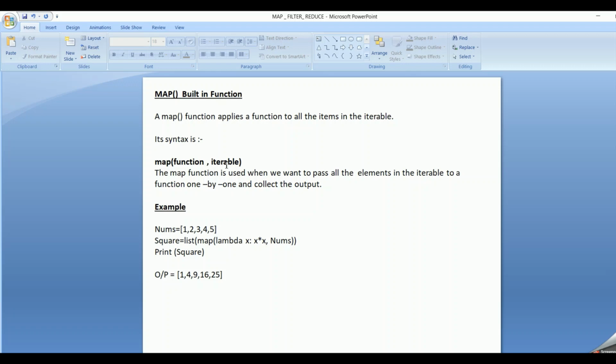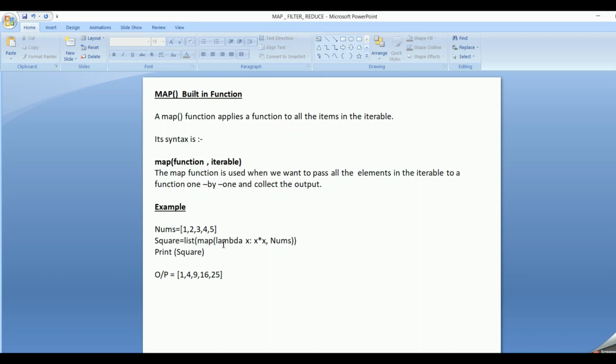For each item in the iterable, we call this particular function and we collect the output in a map object. And if we want to represent it in a list format, we have to pass the map object to list and the output will be represented in the list format.